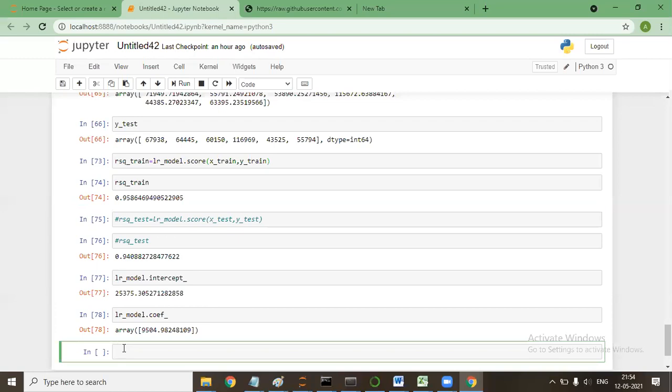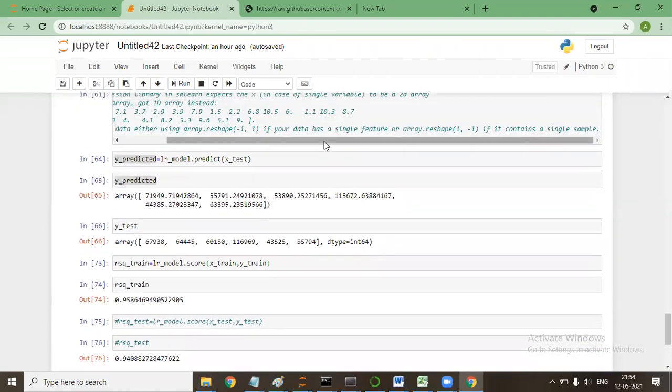What I have done is LR model dot predict X test. So instead of X test, pass the new values. They must be in the same form that X test was. Pass the new values and it will predict the new values.